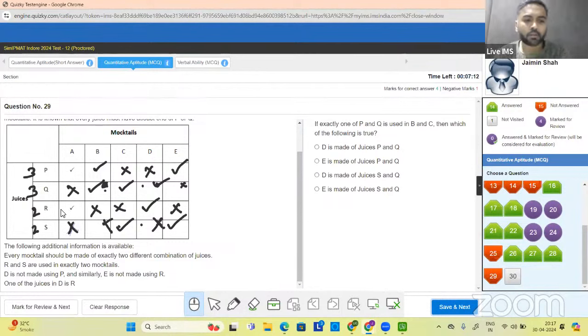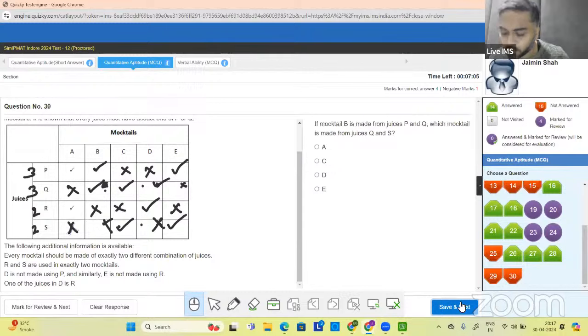D is made. अच्छा ये बेसिकली ओके तो ठीक है मैंने assume कर लिया था ना previous statement में. I'll have to make a different case here. ठीक है. If mocktail B is made from the juice P and Q, this will satisfy. Which mocktail is made from the juice Q and S? Q and S से क्या बना हुआ है? Q and S use करके बना हुआ है mocktail